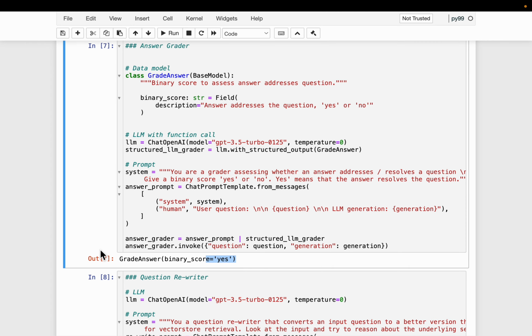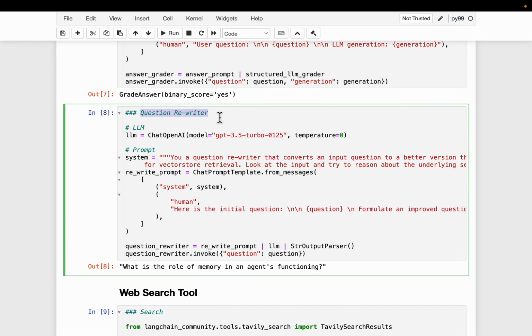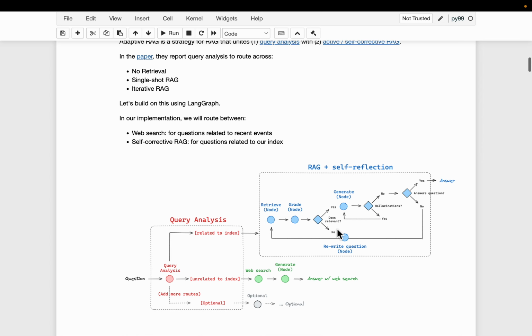Okay, all right, and let's build the next component, which is actually not the final component. We have a couple more components, but let's build this question rewriter. Here we saw that sometimes even when the documents retrieved are correct, because of hallucination, the generated answer is incorrect.